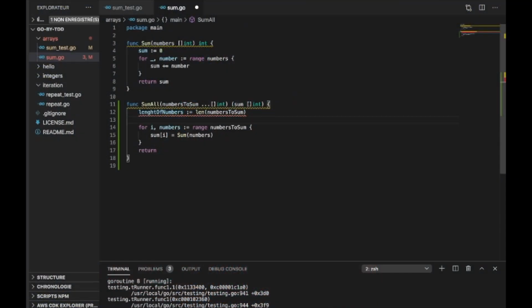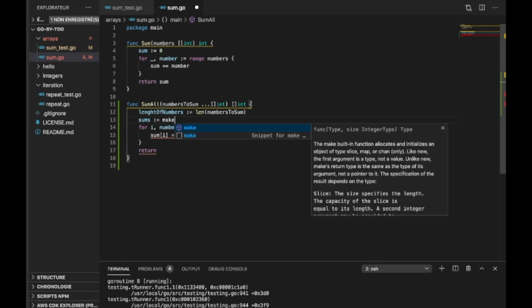I need in fact to create the sum variable, which is not sum anymore, but it's okay, so like that. And let's put some sums, even sums, because we have several sums. Okay, so we are going to use this make function, methods. I still don't know the difference because I didn't learn about it, but I know there is a difference from my previous learning,